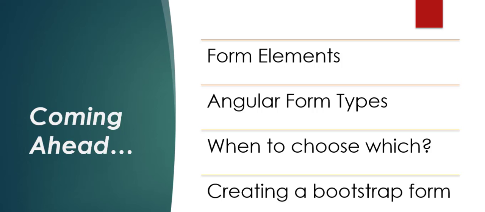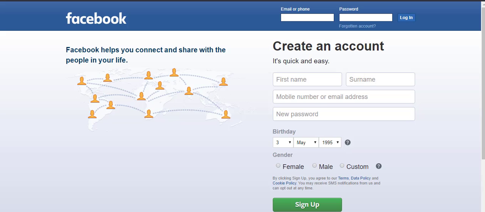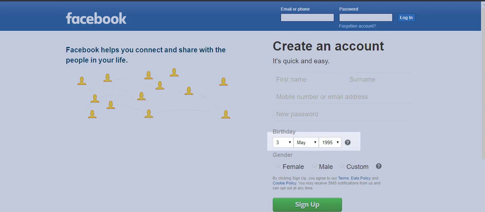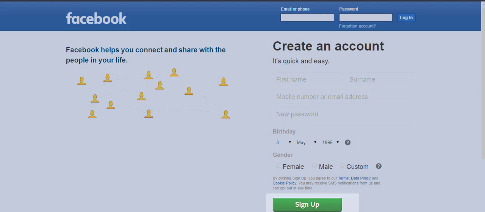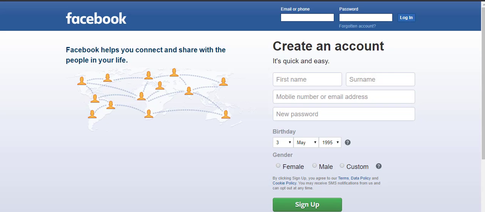A form is composed of multiple web elements such as a text box, drop-downs, radio buttons, checkboxes, and so on. A form also has a submit button. Clicking this button transfers form data to the server where it is saved to the database. Each of the web elements shown before, such as a text box, etc., are called form elements.